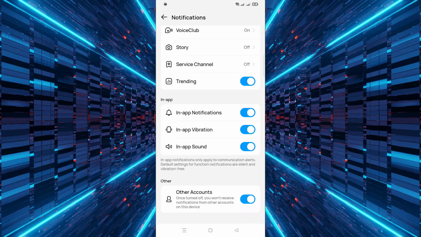Scroll down through the notification settings until you find the option labeled In-App Vibration. Finally, toggle the In-App Vibration setting to Off to disable vibrations during in-app notifications. By following these steps, you've successfully turned off in-app vibrations in the IMO app, leading to a more peaceful and